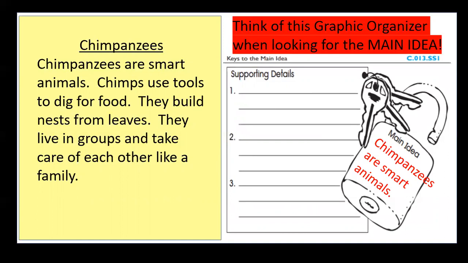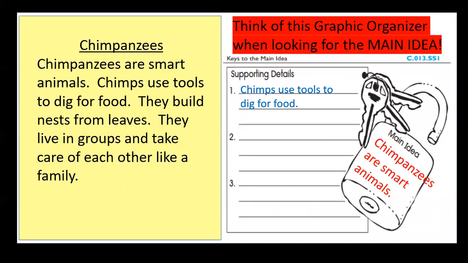So let's find a key detail. How about chimps use tools to dig for food? That's pretty smart. So that would be a detail proving that chimpanzees are smart animals. Chimps using tools to dig for food could not be my main idea because the other sentences aren't about tools